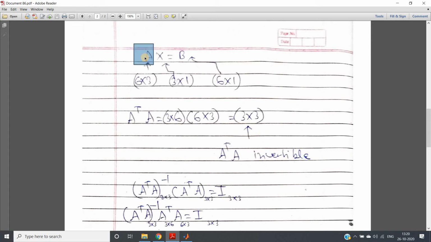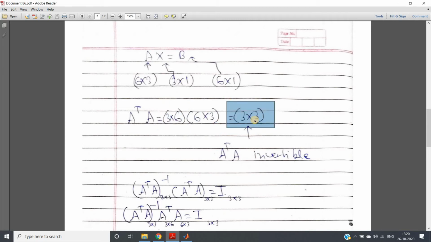Now forget about everything, just simply tell me whether the transpose exists or not for this particular rectangular matrix. Obviously yes, because transpose has no relation with rectangular or square; for a matrix of any shape the transpose will exist, right? So the transpose exists, so we can easily calculate A transpose. So what is A transpose A? Tell me. As A is 6 cross 3, A transpose will be 3 cross 6. So 3 cross 6 multiplied by 6 cross 3 will give us 3 cross 3.